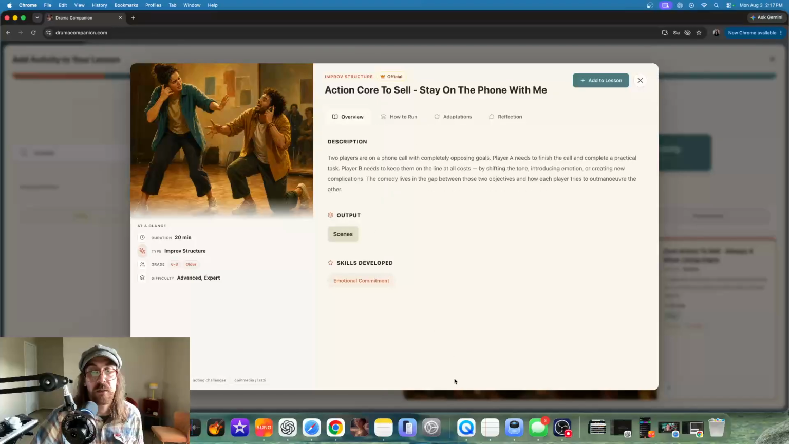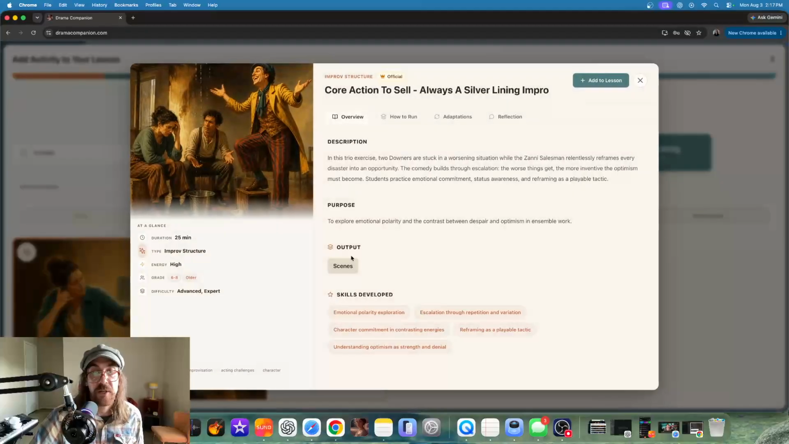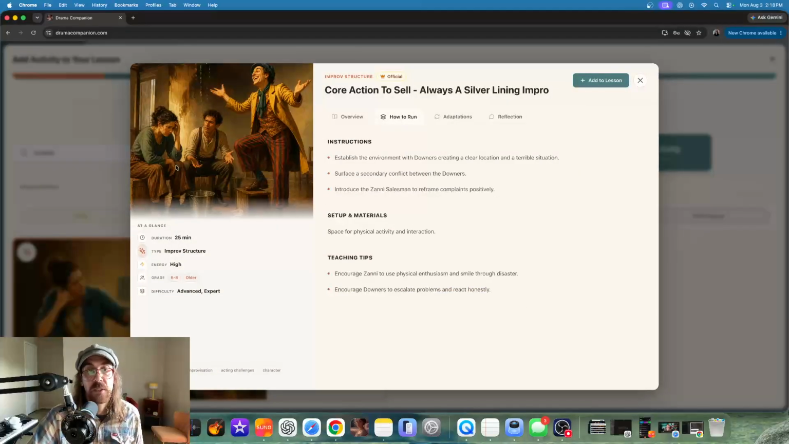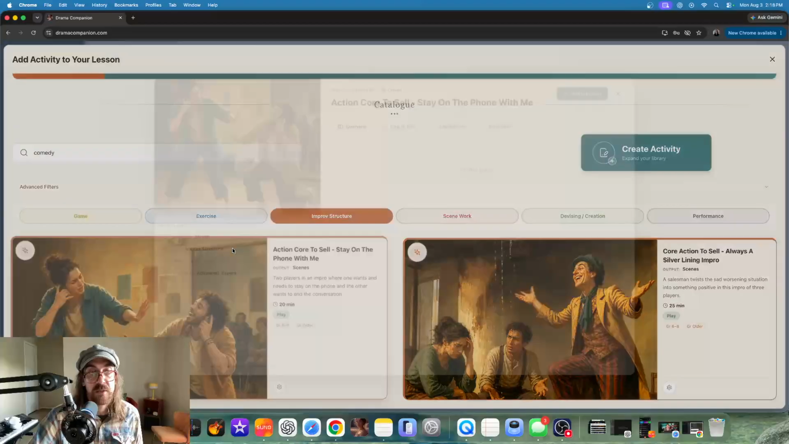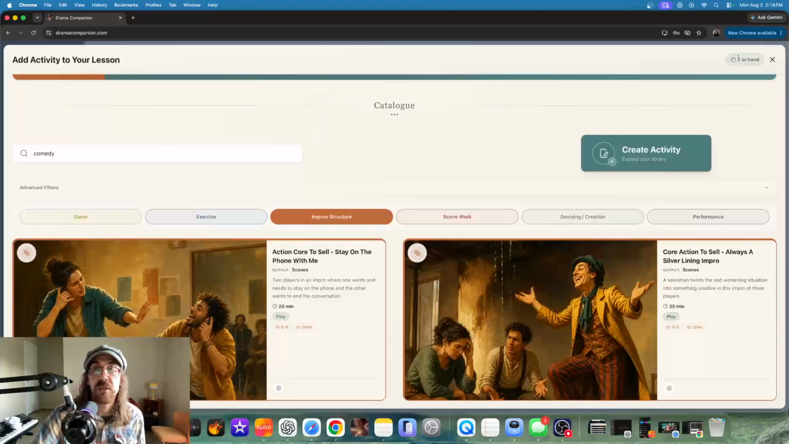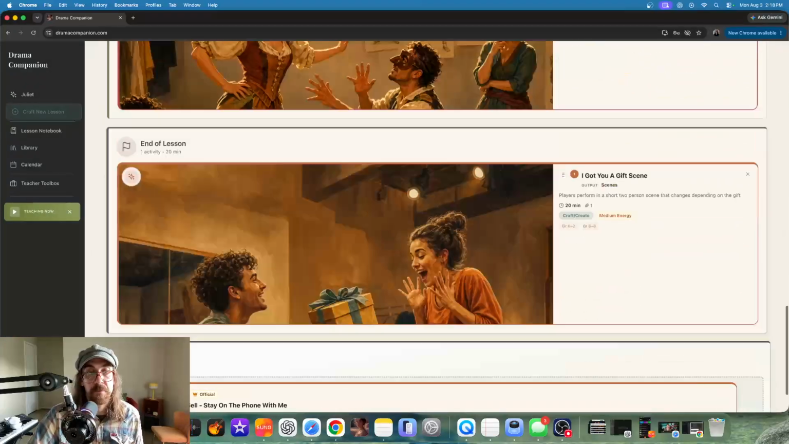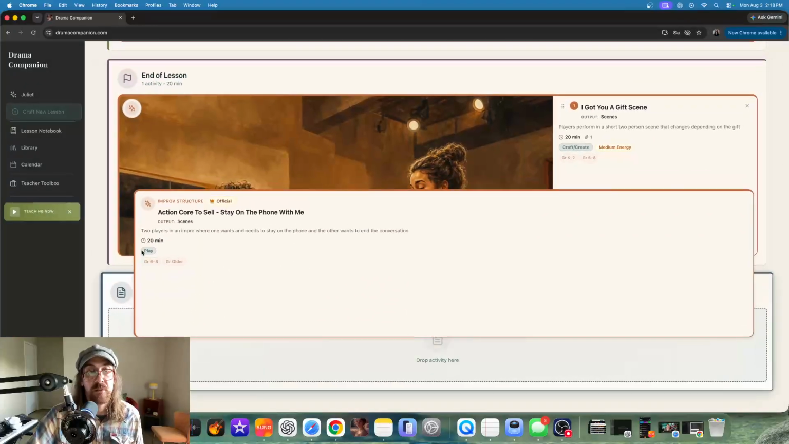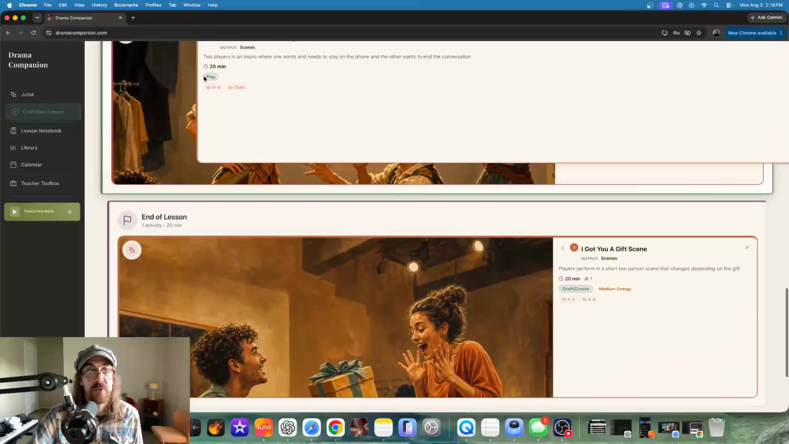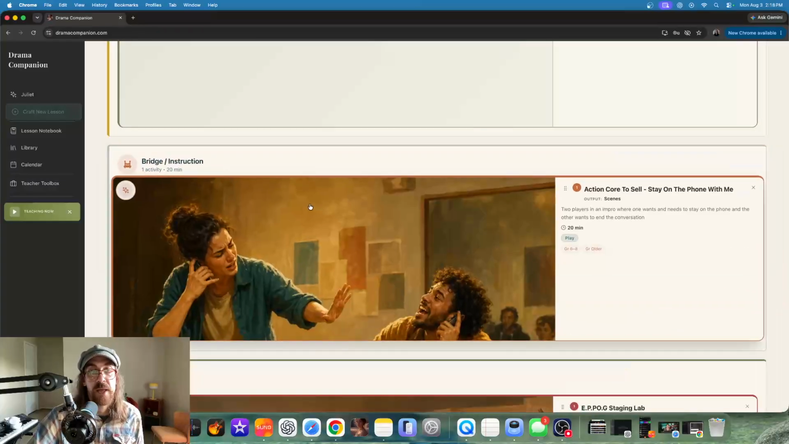And then this one is incomplete for some reason, but it's always a work in progress. So now you have another one, but I'm going to add this one. I'm going to add it to the lesson. You can see that you have one in your hand. Close this up. Now you drag and drop. I'm going to do this one as my bridge activity. And now I have